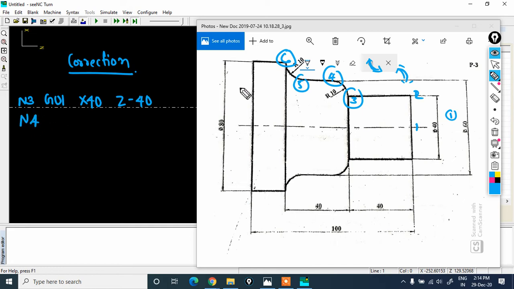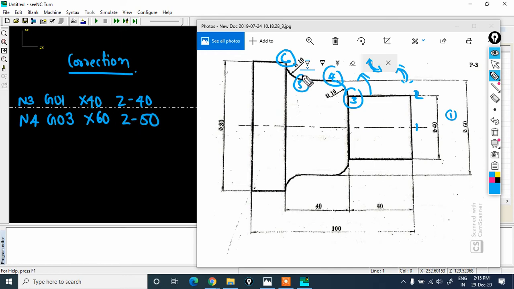While defining N4, please check we have a circular interpolation, not the linear. I had considered it as linear, that is wrong. So circular interpolation, in the counterclockwise direction. So for that G03, X will be increased to 60, Z will be minus 50.